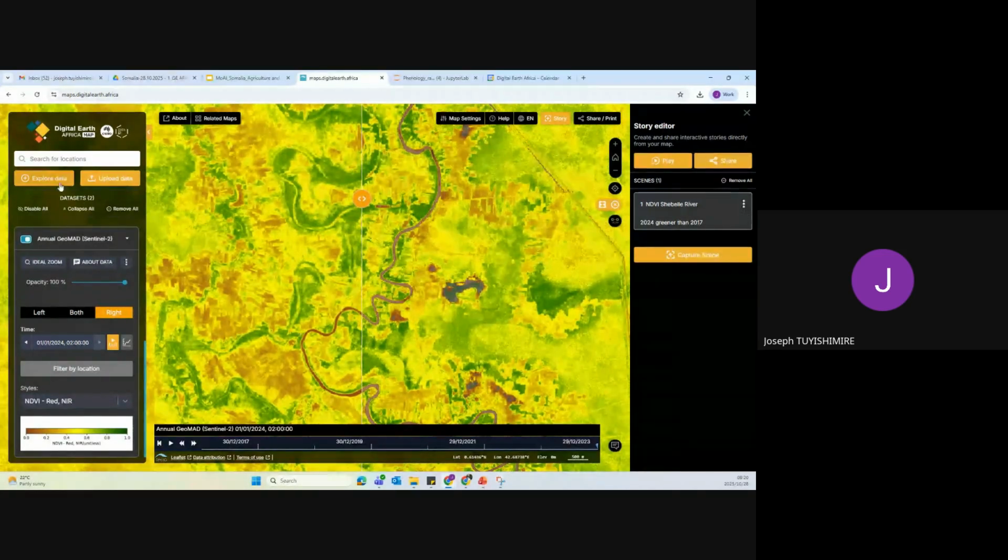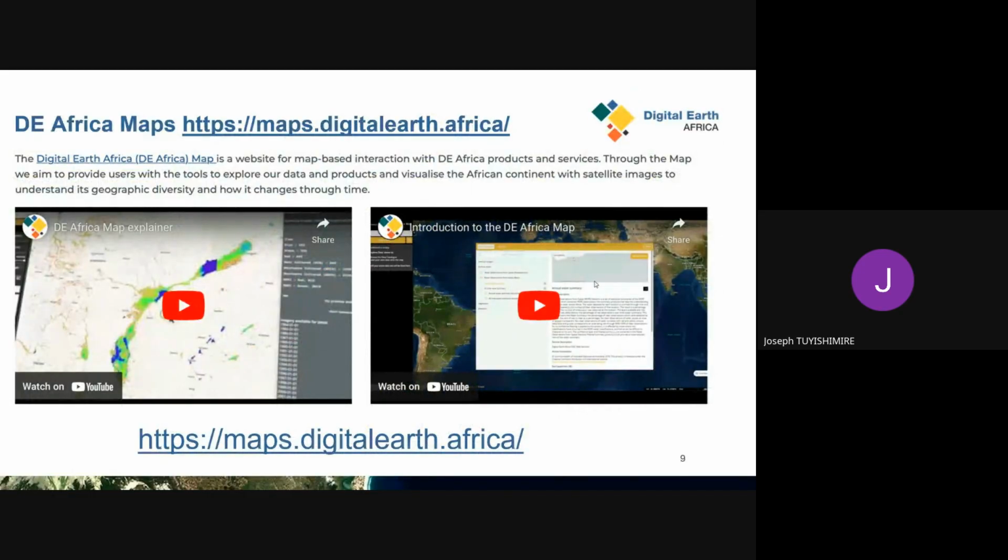And also, we have several ways to explore datasets, but let's go back to our presentation. This was the map, how it works, and how it can be used to explore some agricultural and crop activities.